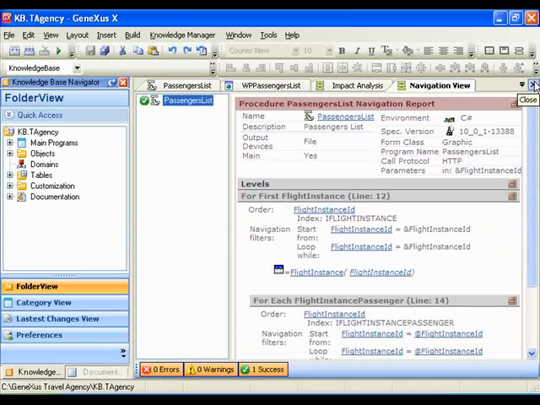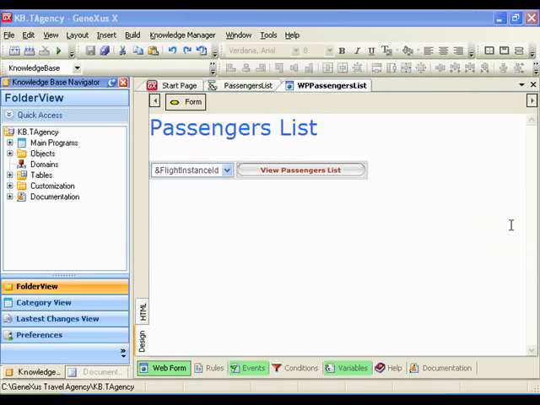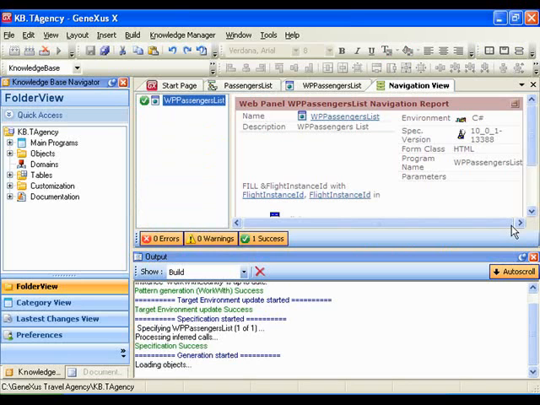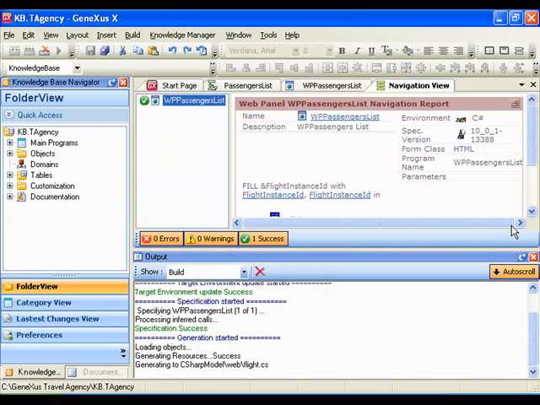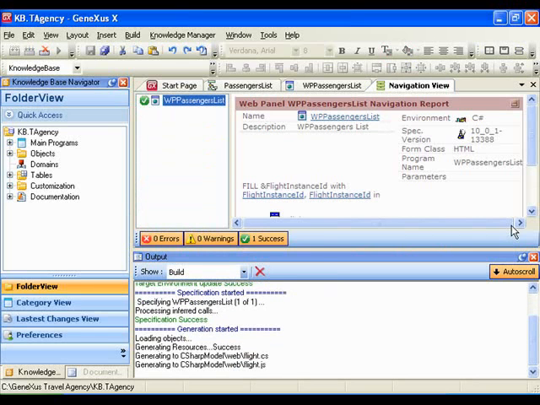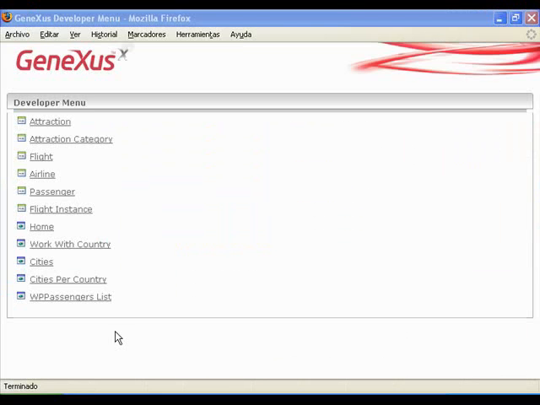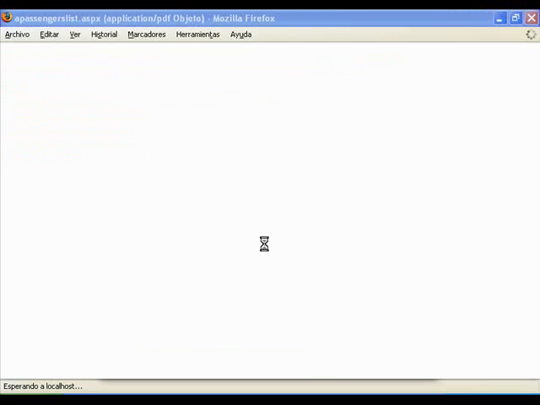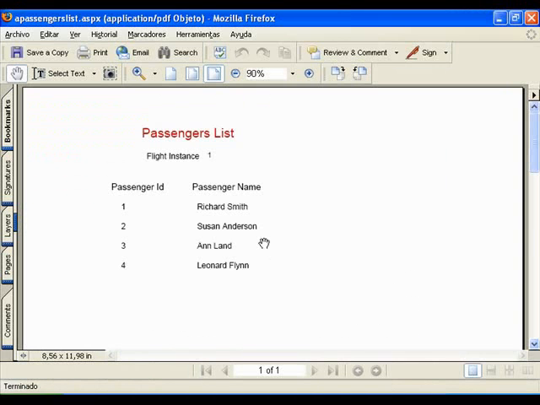So we close, and now we can hit F5. We open our web panel, and here we can see the list of flight instances we've entered. So here we can select one,